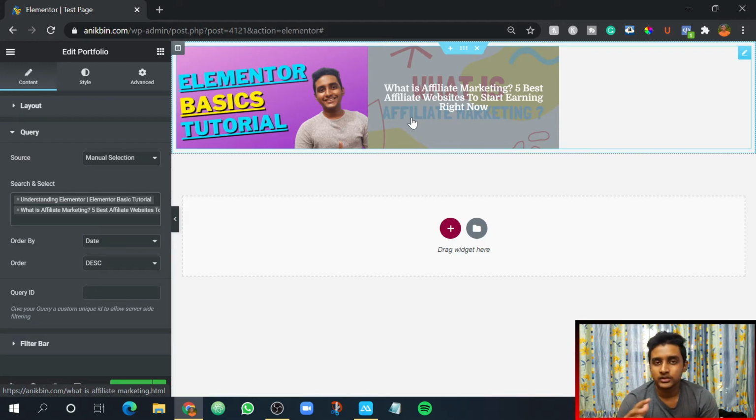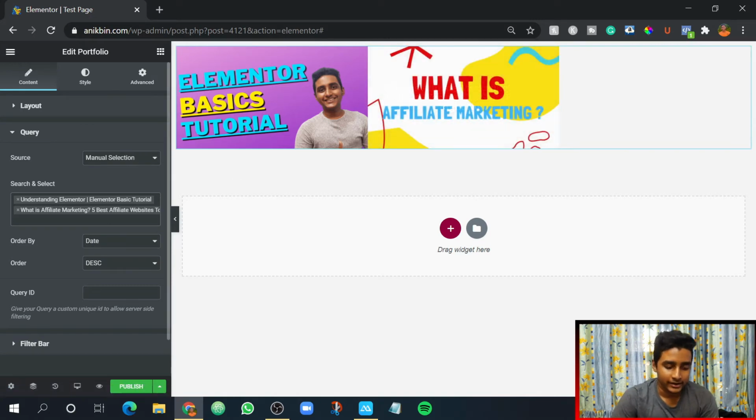but if you select post, it would show all the posts in descending order, ascending order, in the order they were written, like from the first or from the most recent post. But in manual selection, you can show only those posts which you want, so it gets really handy. All right, so it's order by date and order by descending or ascending. You have options to order by date, title, menu order, or just random. You have all the things right here.